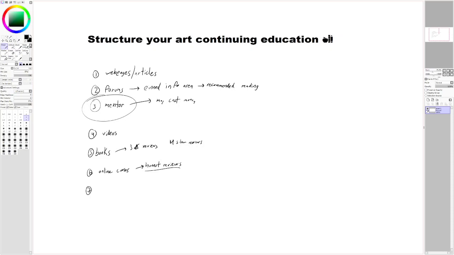So the other thing, real life events, and I would say things like art clubs. If you're familiar, look at meetup.com. You also have, sometimes universities may offer an art class, or your local community college or something like that. That could be a viable option, or university. But do note that those can get pretty expensive.